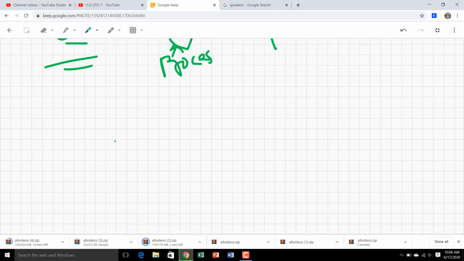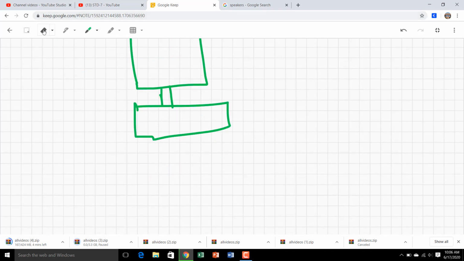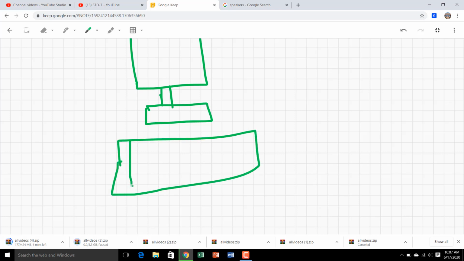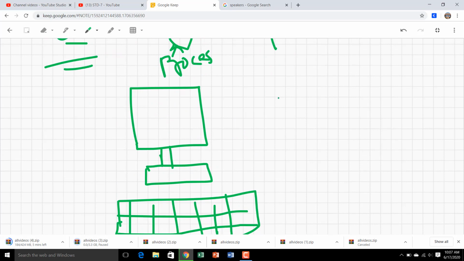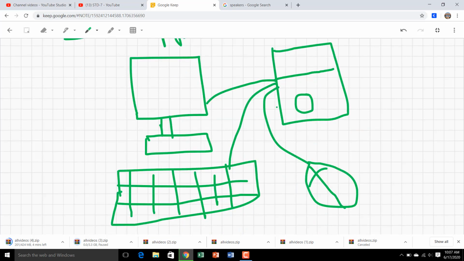The second one is the input device. We have our computer, and here this is the keyboard, this is the CPU, and this is the connectivity between all three parts. This is our input device.